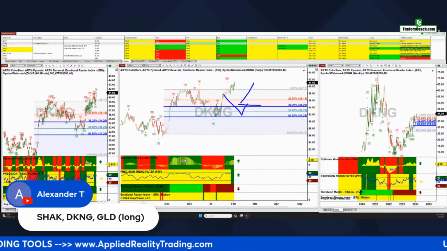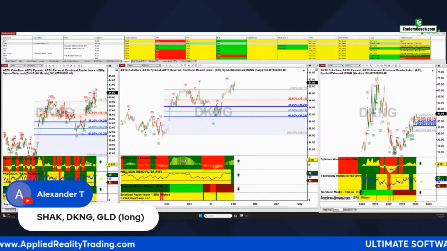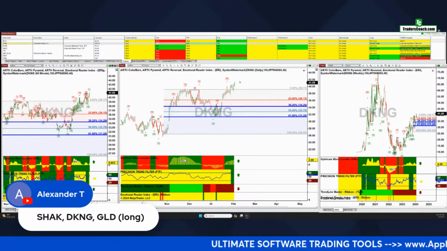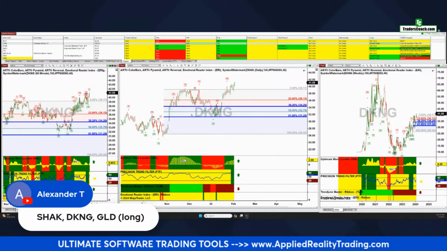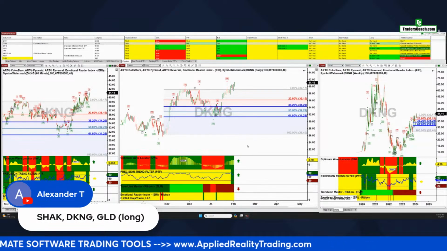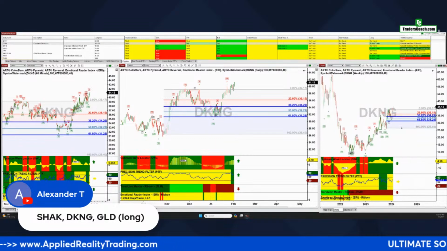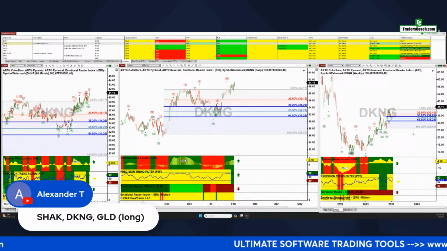Because if this is a 3, 4, 5, I would not just jump out, though. Let's see what happens with this. Let's see how powerful this move will be up and see if we get an owl that can breach the previous owl. But I don't think it's looking like it's going to do that. So it's probably due for a pullback. And we've had a nice run up really since 2022 on this, or 2023. So almost a year. So I would stay with it.